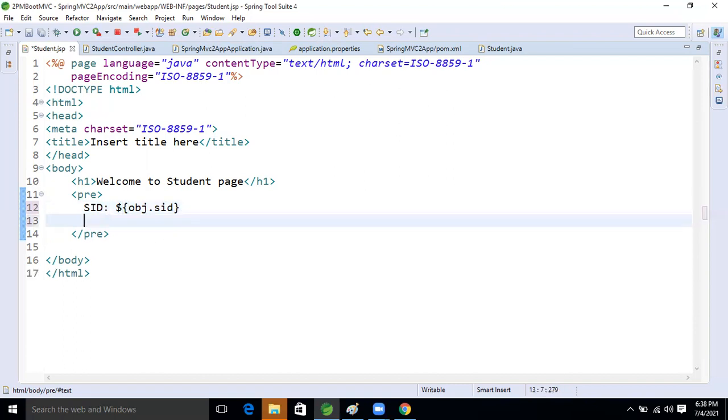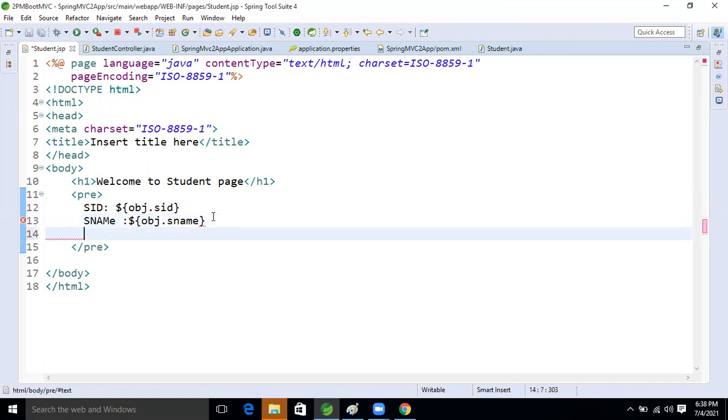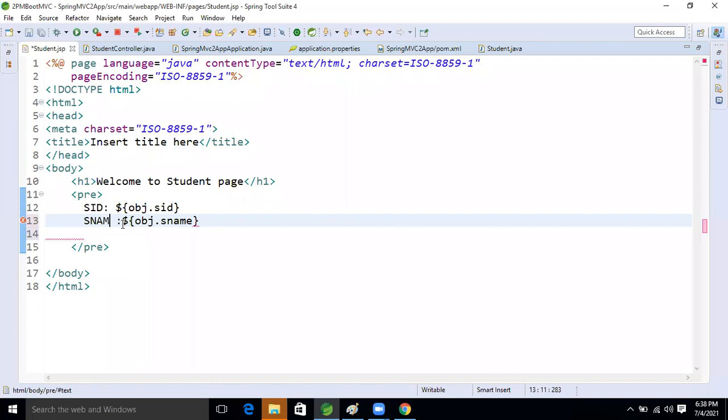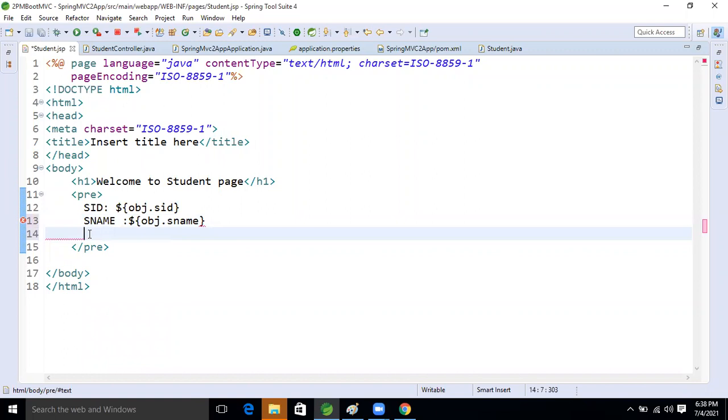After that, sname: dollar symbol, obj.sname. Another one also, and after that sfee.